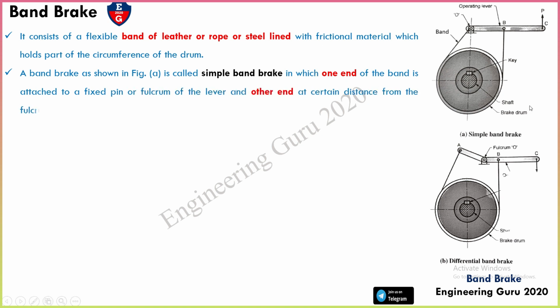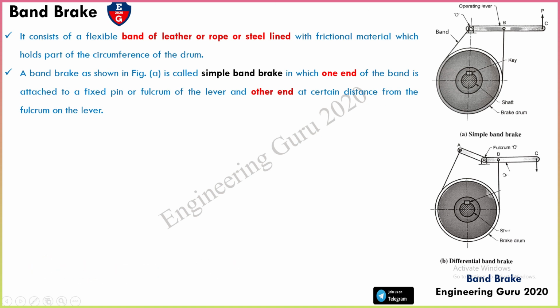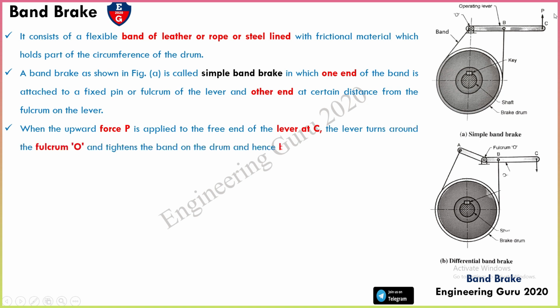In it, one end of the band is attached to a fixed pin or the fulcrum of the lever, and the other end at a certain distance from the fulcrum on the lever. This is the fulcrum point O, which is the band's one end, and the other end is fixed at another point B. When the upward force P is applied at the free end, at this point C,